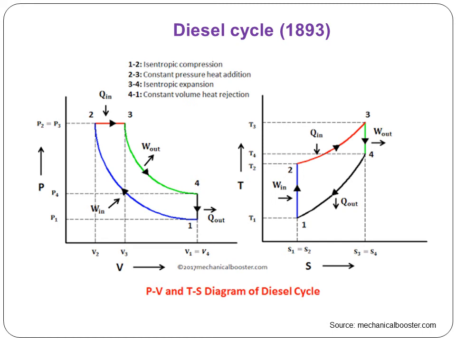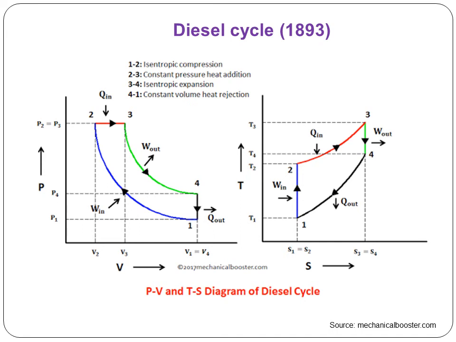Now let us analyze the second cycle, which is the diesel cycle invented by Rodolphe Diesel in 1893. So again here you see 4 processes. Unlike Otto cycle, here the heat addition process is the constant pressure process. In case of Otto cycle, it was constant volume process. So the volume before the heat addition and after the heat addition, they are not same. So this ratio V3 by V2, it is called as the cutoff ratio.